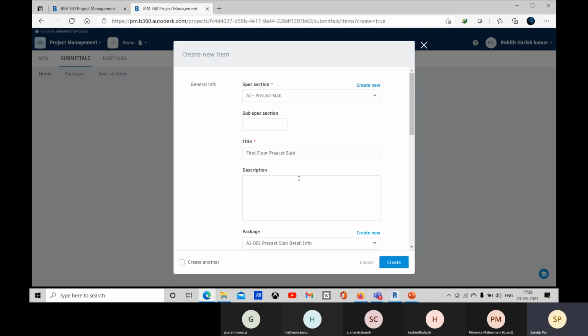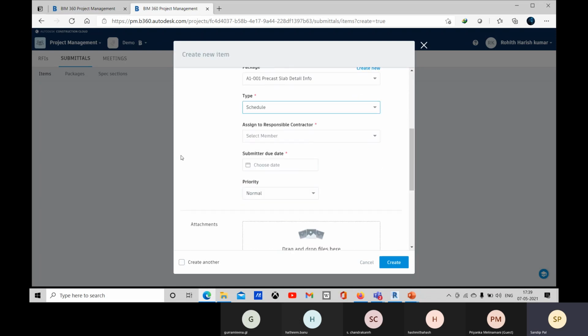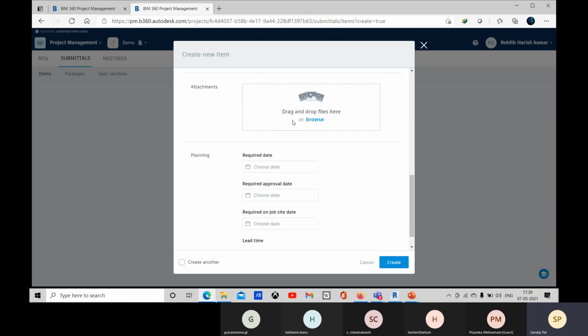You can use schedule and assign it to the responsible contractor, and he will submit the official response with proper documents. You can give a due date and the priority. If there are any site images, you can put them in.